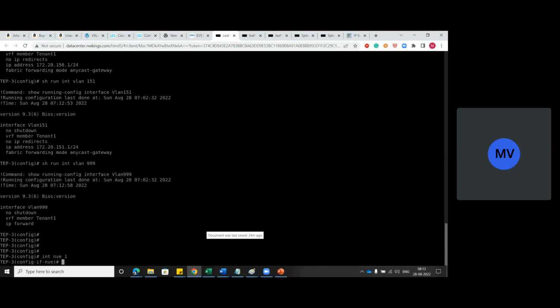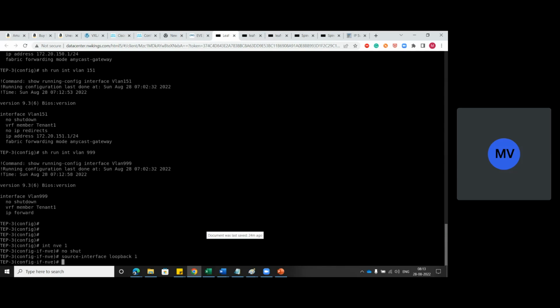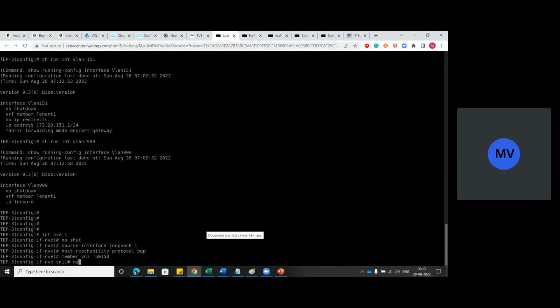Going to give source interface loopback 1, host reachability protocol going to be BGP, then going to be member VNI 50150, which is going to use the multicast group